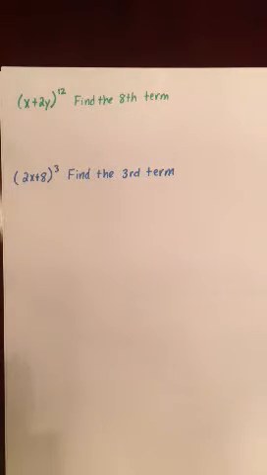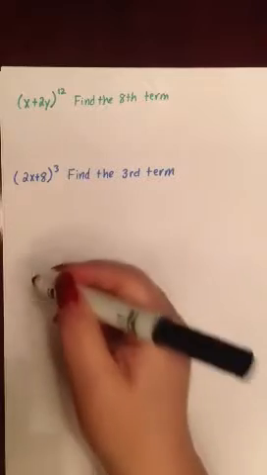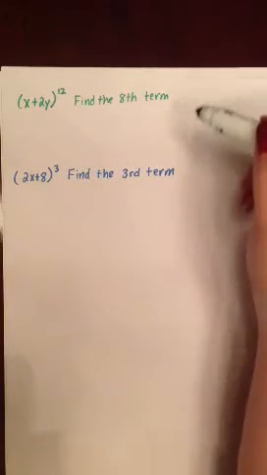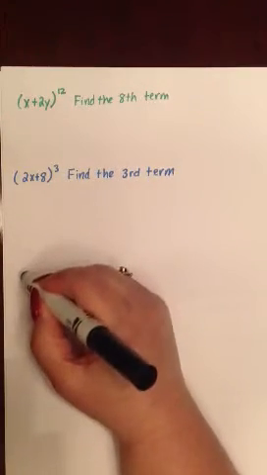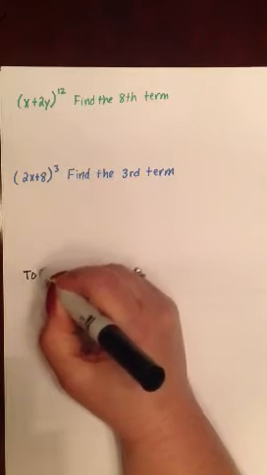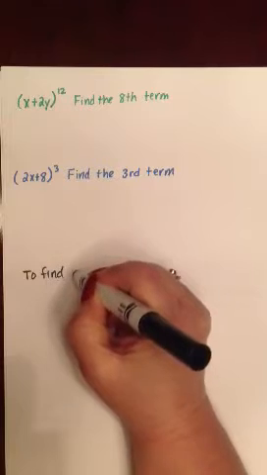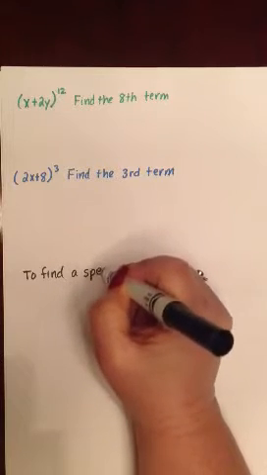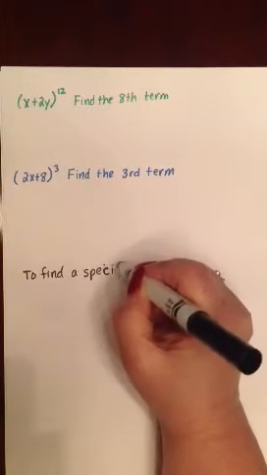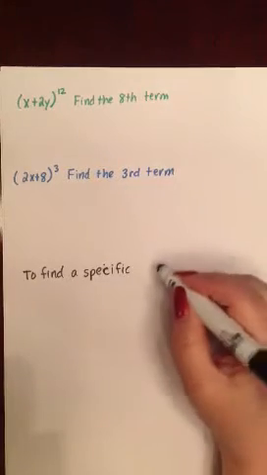All right, now we're going to find some specific terms here. So I have, the first one says (x + 2y)^12, and they asked me to find the 8th term. I'm going to write the formula down here. So the formula to find a specific term,